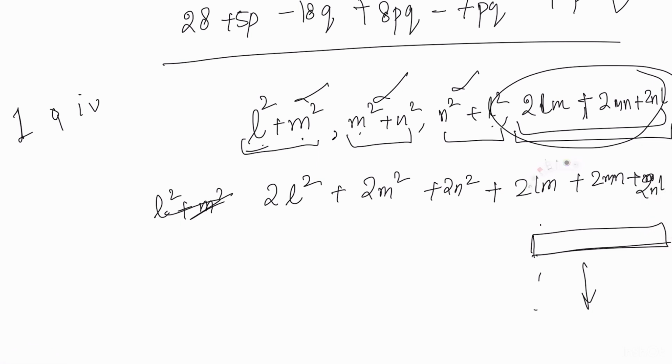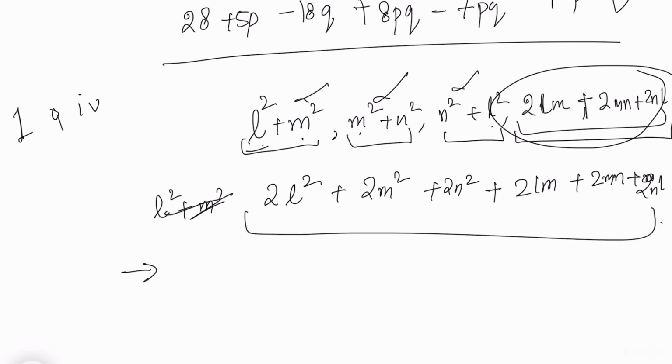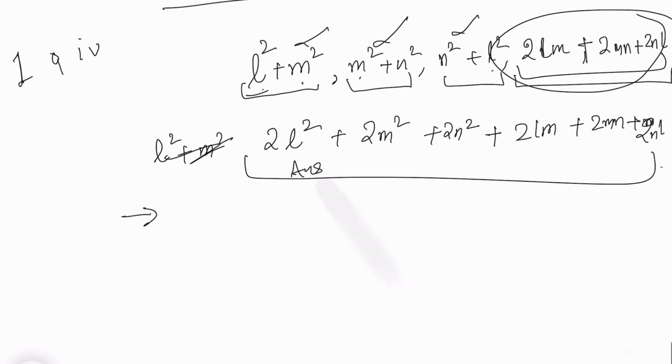This is actually an identity which you will be learning in higher classes. Okay, but I'll not teach you about that right now because you'll not be able to understand. So this is the final answer, but you can take 2 common. I don't think they must have taken 2 common in the answer, because right now you have not learned that. Every term has 2 common in multiplication, so 2 can be taken as common. Right now I've not learned factorization, that's why I didn't write